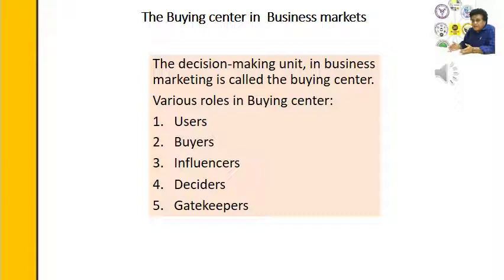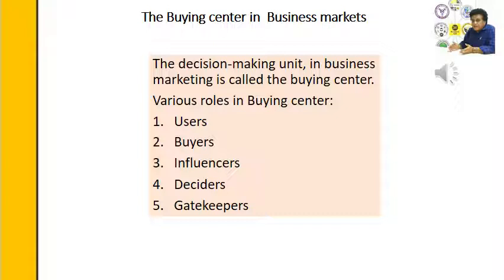He is the user. So the user is that department or those people who actually use your product or services. Of course, they play a critical role in selection of your product. Then there are buyers. Buyers are those people who actually procure the products. It could be the supply chain management manager or the head of procurement or anybody. Users can be the worker also and the worker's manager also, the shift in charge, the shift supervisor, the plant